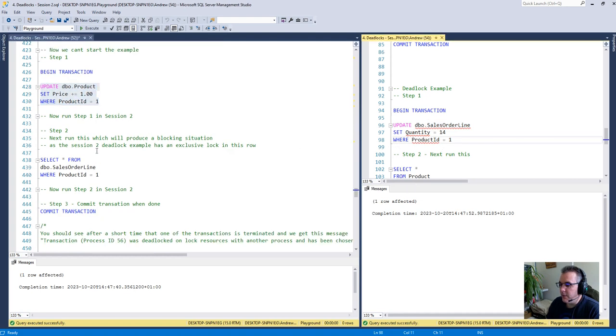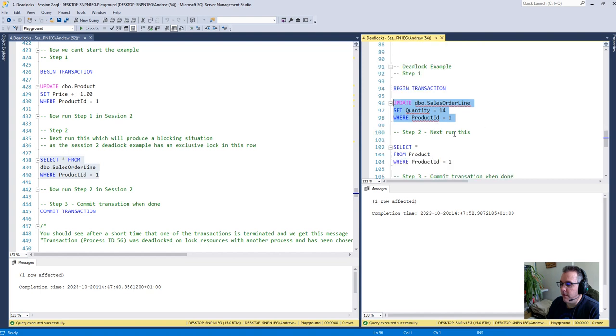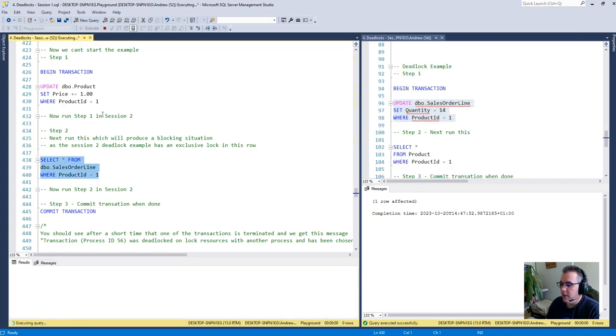The next thing we do is, you imagine this is in a stored procedure or a transaction. We then do select everything from sales order. So this one is now saying, okay, go and get me this row over here, the sales order line. So let's run that. But what happens now is we are waiting because this one's got the lock on it. And this is an expanded time period. You know, this would be a lot faster when you're running it,